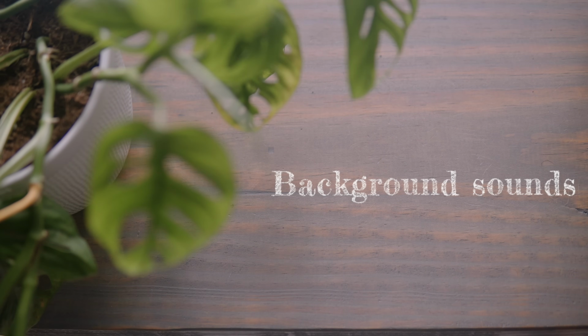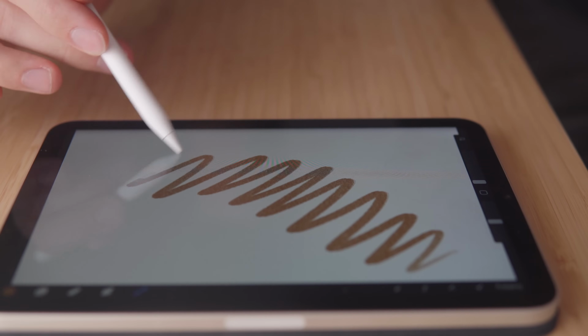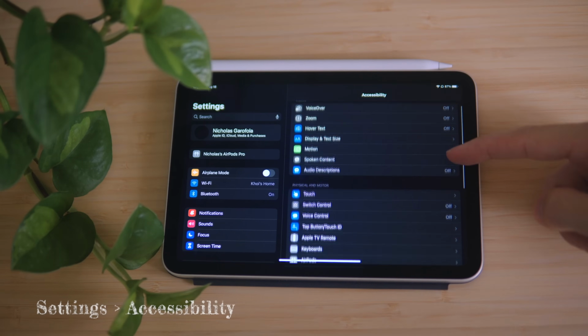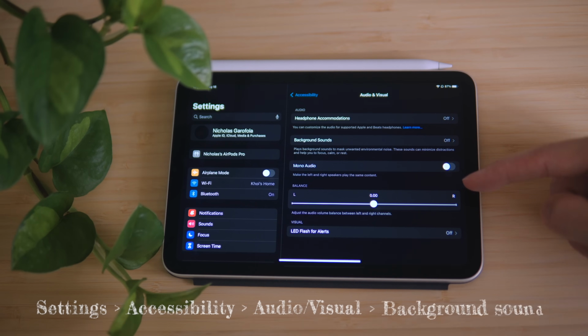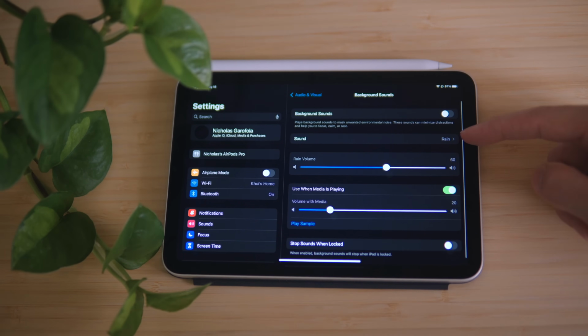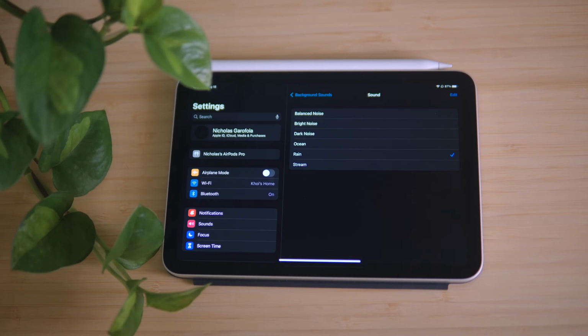Background sounds. This is something I'm almost positive most people haven't even heard about. I definitely didn't know it was on my iPad or even my phone for the longest time. If I go into accessibilities, audio, visual, there's this neat little feature called background sounds. What I like to think of it as is one of those sound machines that helps you fall asleep. It just plays a constant loop of ocean sounds, rain sounds, and a few others in the background of whatever